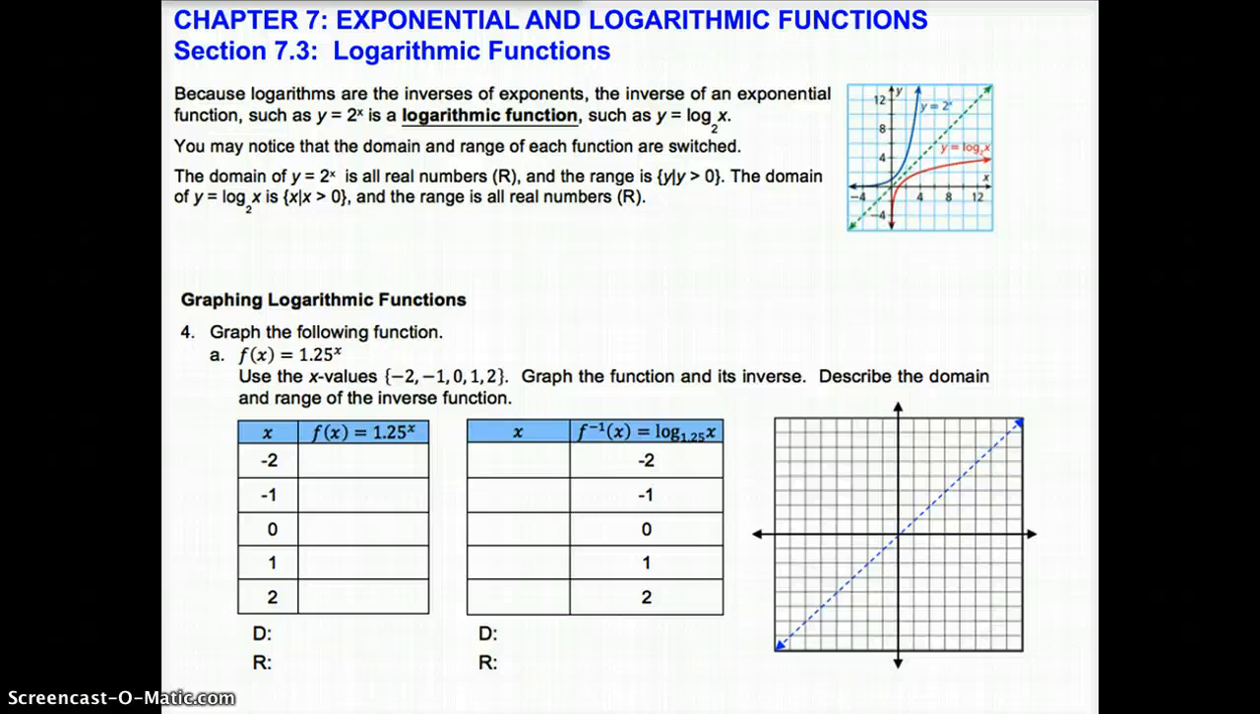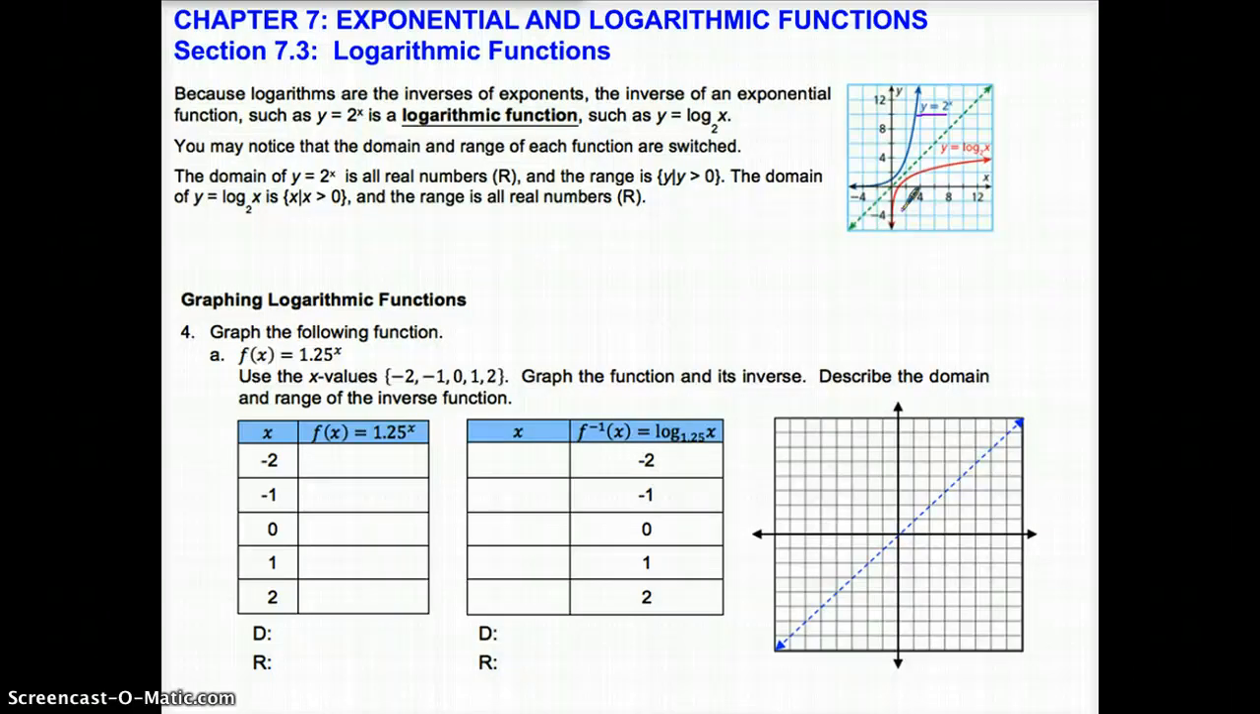Okay, because the logarithms are just inverses of exponents, if we've got an exponential function, we know that the inverse function will be logarithmic. And here's an example right here. We've got an exponential function y equals 2 to the x power, and when we take the inverse of that, or rewrite that in logarithmic form, we have y equals log base 2 of x. And when we graph both of those, you can see it's just a reflection across the y equals x line,